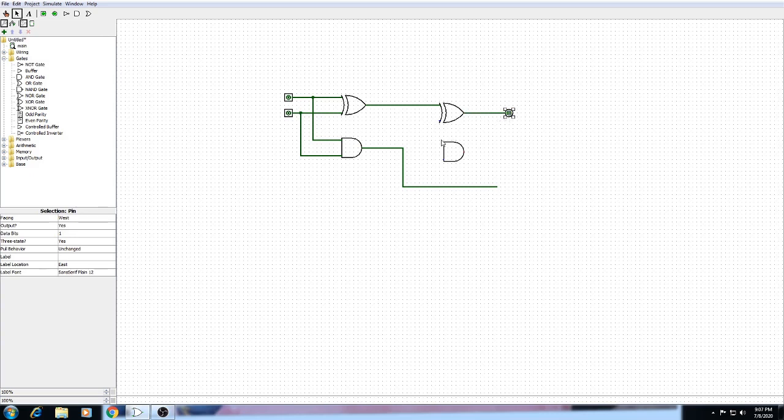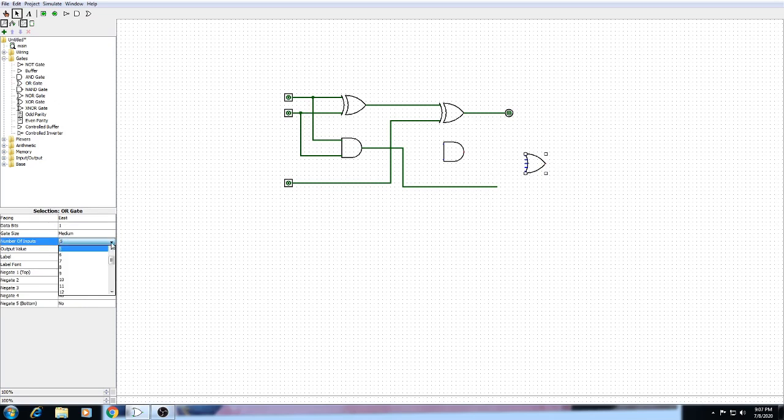Okay, so for this we need an extra input, that is carry in. So we take this here and connect this one to this XOR. Okay, so this is the C in, that is carry in. This is the A, B and carry in. So the output from this is connected to an OR gate. So we require one OR gate to combine the outputs of both these half adders. Here we change the input to 2.